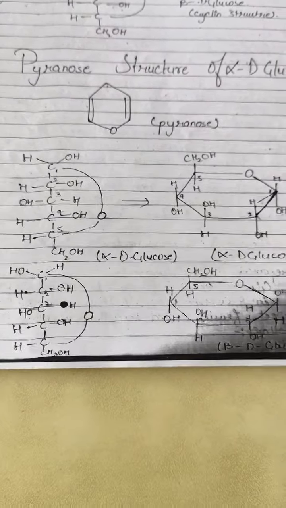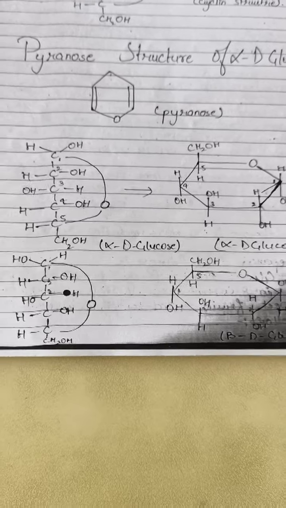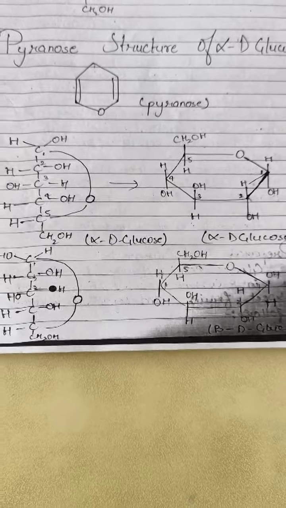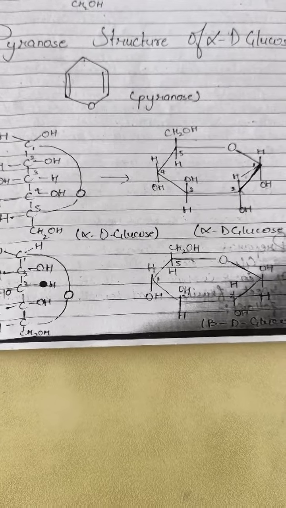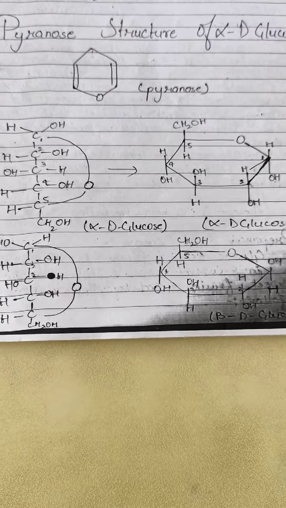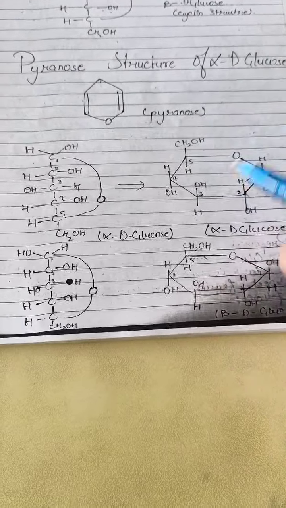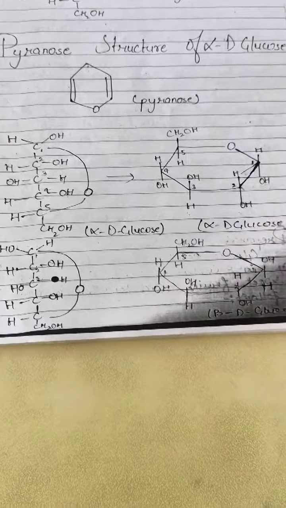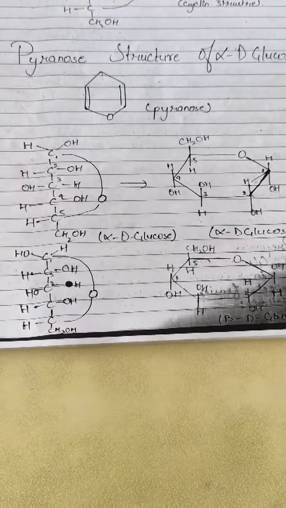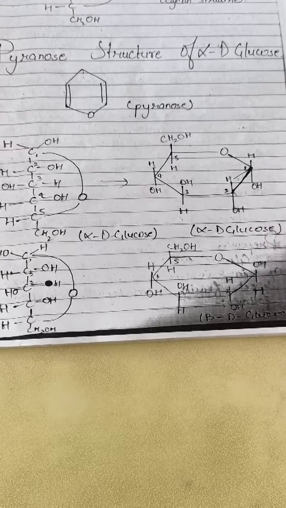First of all, you listen to the syllabus. What is the syllabus of biomolecules and carbohydrates? In classification, aldose and ketose will come, monosaccharides, meaning glucose and fructose, will come, and DL conformation will come. Okay, that's why I'm using this alpha D glucose. If this comes, then you can complete it. You can write it in your copy also. So that's why I'm teaching this alpha D glucose, because it comes in the topic of DL conformation.